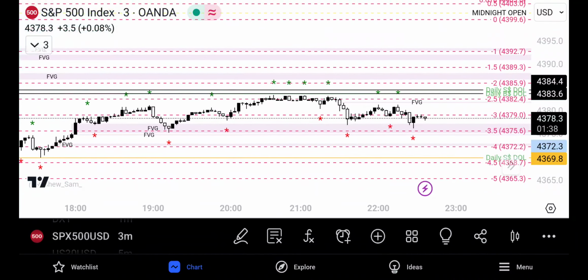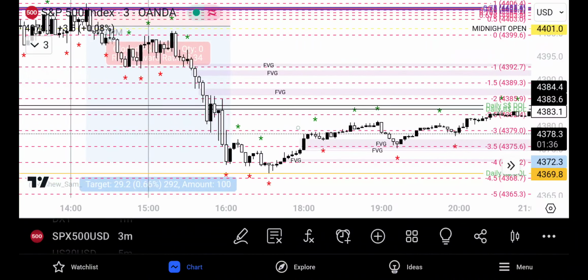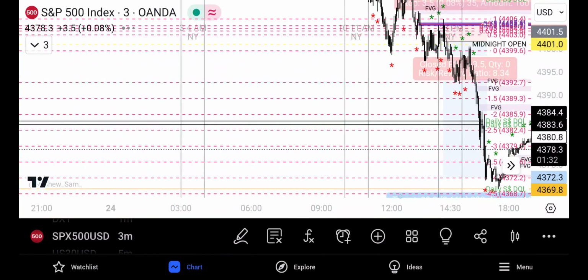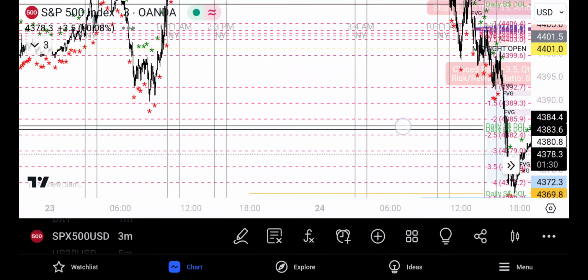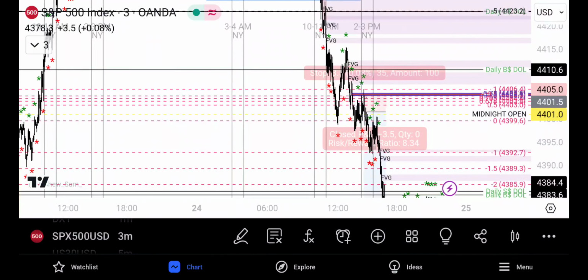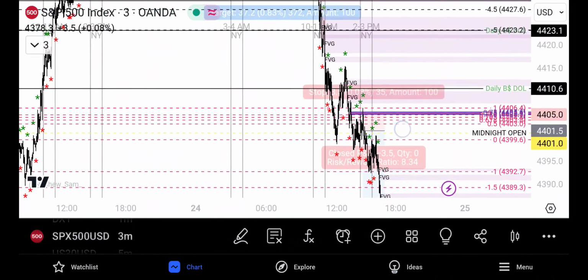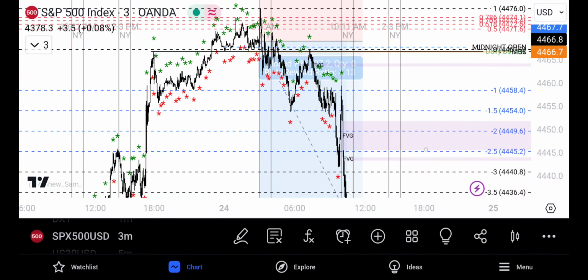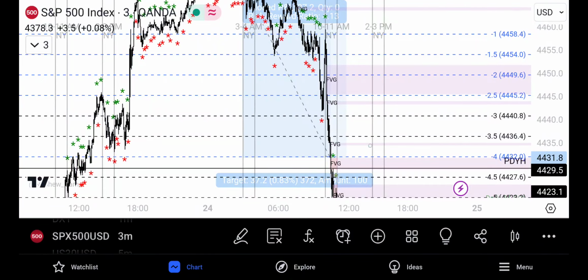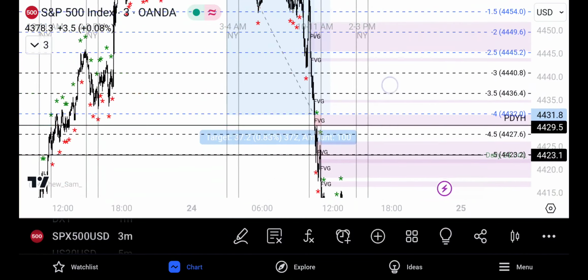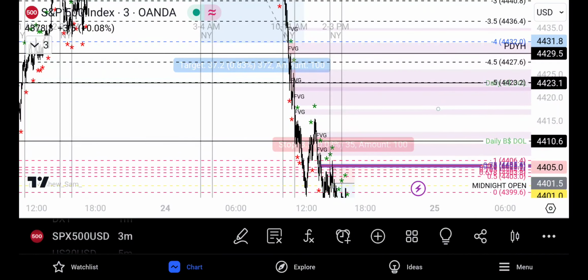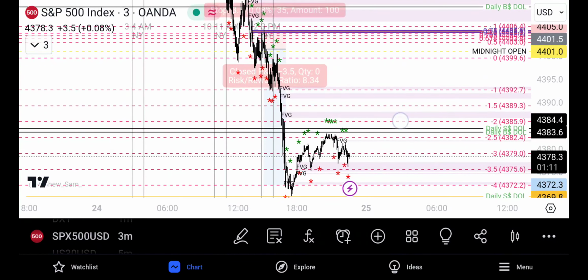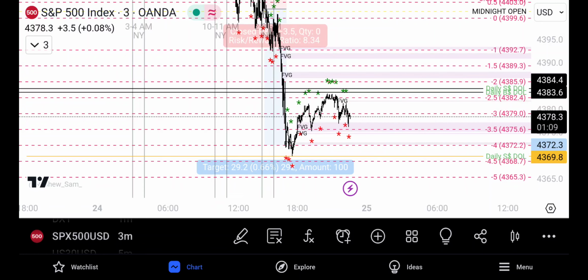So you can see it retrace a little bit, but the projections have been hit for both trades. Here's the first one, and you guys know I typically, like I explained before, look for 4 standard deviations, but I've decided to hold it because it's going in favor of my weekly draw on liquidity. So I'm going to continue to hold it.